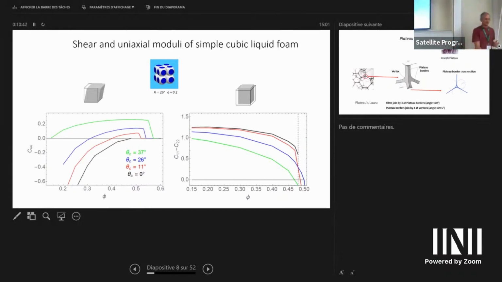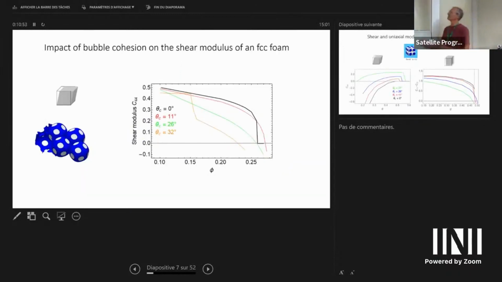So indeed, there was a new phase coming up, which doesn't exist in ordinary foams, which have no adhesion. And then there's this other question about the strange drop here. And to understand what's going on here, we have to go back to